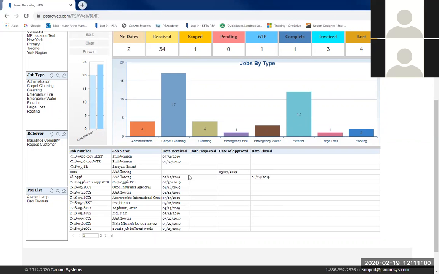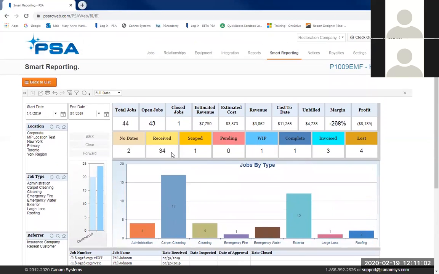Okay, so let's go back up and just look at these widgets for a second. So these little different calculations of how many jobs we have. If I were to slide my mouse over top of these widgets,